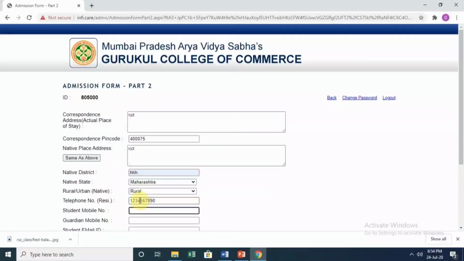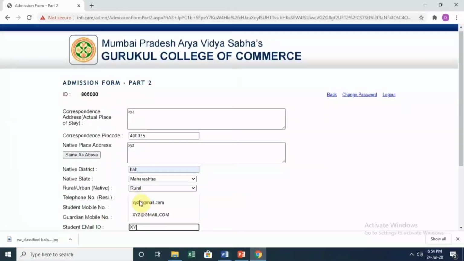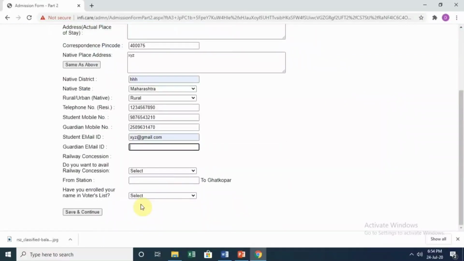The residential telephone number, the student mobile number, the guardian or the parent's mobile number. Remember, the phone numbers and the email ID cannot be the same. So you need to put different phone numbers and email ID.